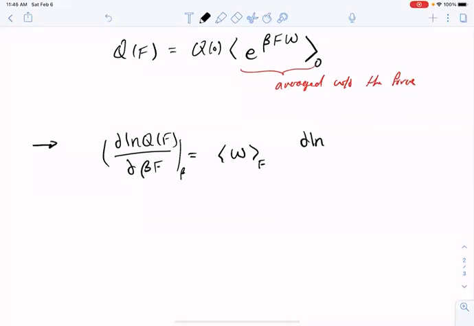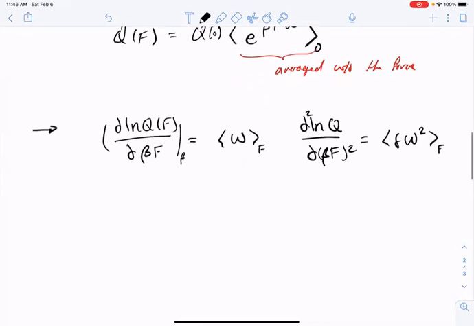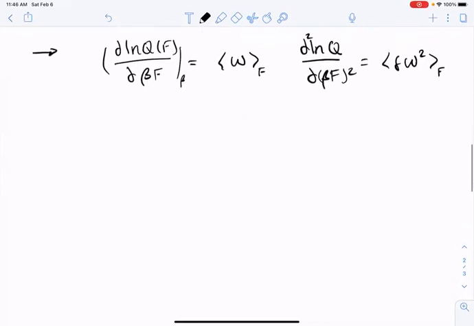Analogously, just like we have seen many times, if I was to take two derivatives, I would generate the fluctuations in the curvature. So those are exact relationships, but would require us to be able to compute averages in the presence of the force, if we are considering only small applied forces